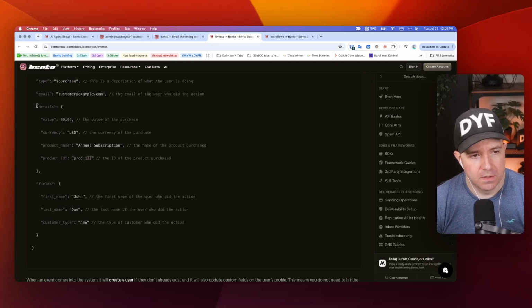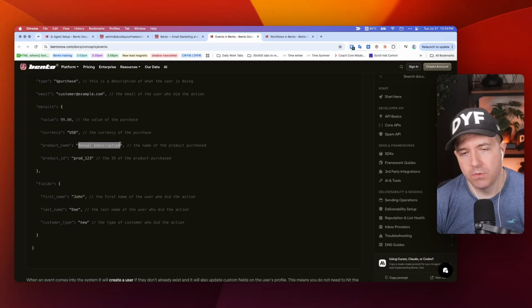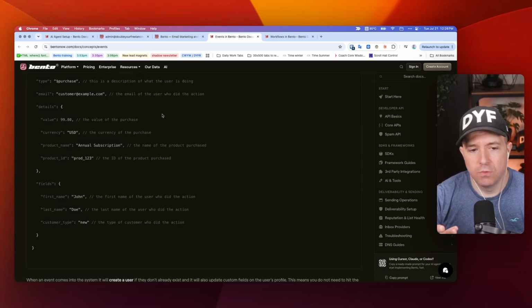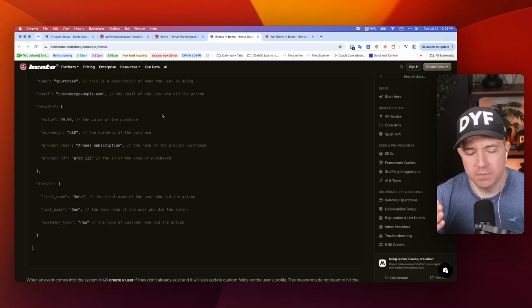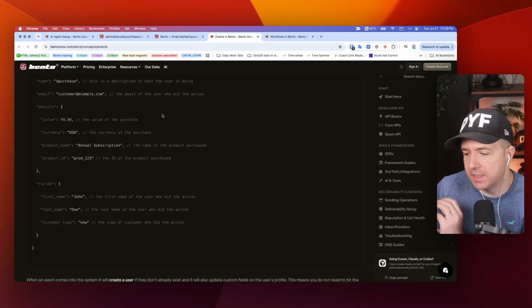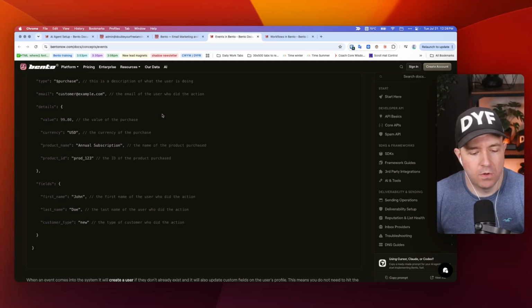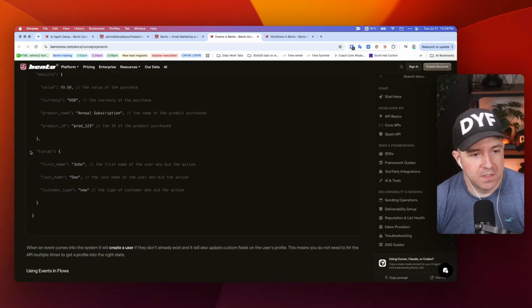So in this case, the value of the purchase was $99 US, and the thing purchased was the annual subscription. So the automated flow can look at the event details and branch accordingly. So if somebody bought an annual subscription, send them this email. If they bought a monthly subscription, send them this email, or add this tag to them, or wait 5 minutes and then call them, or whatever. Bento doesn't call them, but it could tell you to call them. Whereas fields,